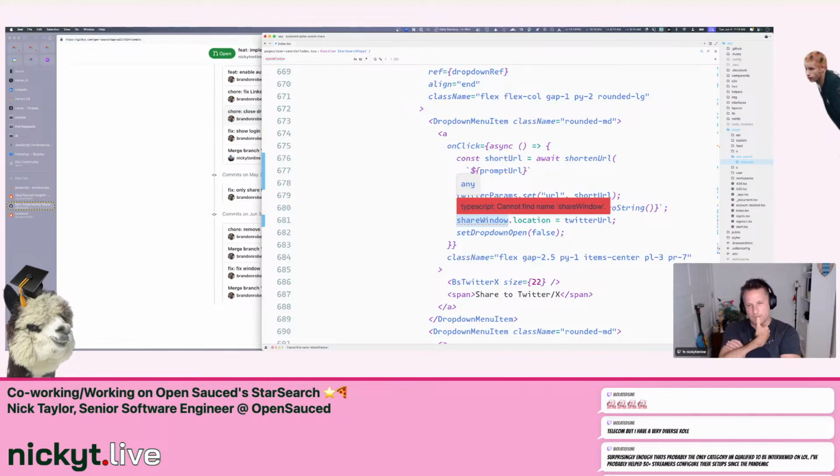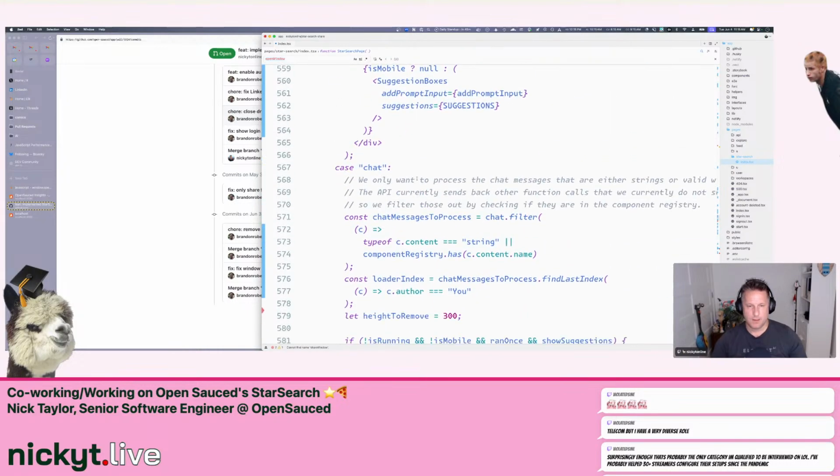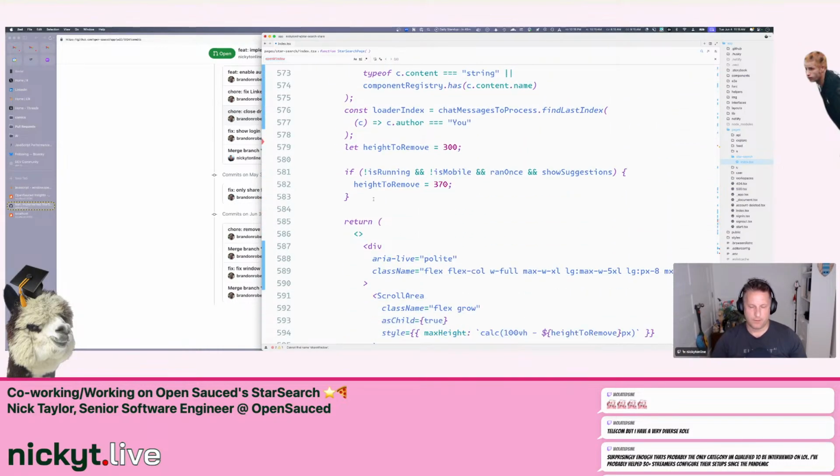I wonder if we could even do, it sounds annoying to do, but maybe use effect, and then when the location changes, we could run it. But anyways, let's try this first. So share window doesn't exist right now, so let's go up top here. The only thing I'm worried about is that when I create it,